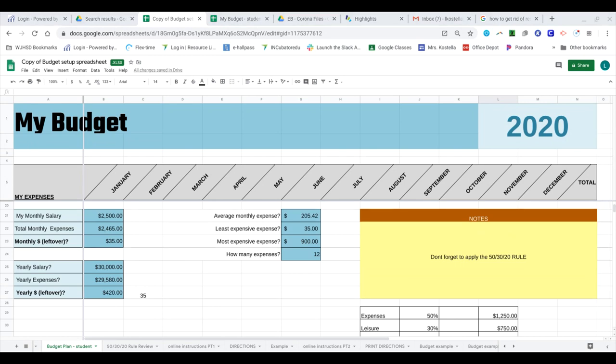Make sure that you turn your assignment in to Google Classroom once you have finished calculating along with me. Make sure that you understand how to enter formulas and how to use the different functions like average, min, max, and count. And in addition, make sure that you understand the importance of budgeting prior to moving out so that you have a better handle on your finances. If you scroll back to the top,